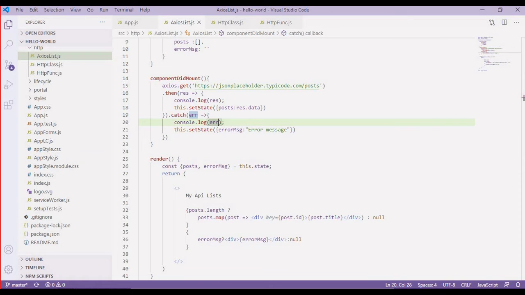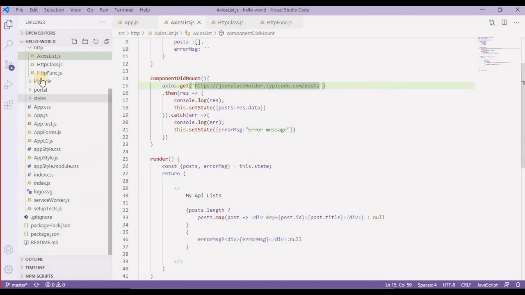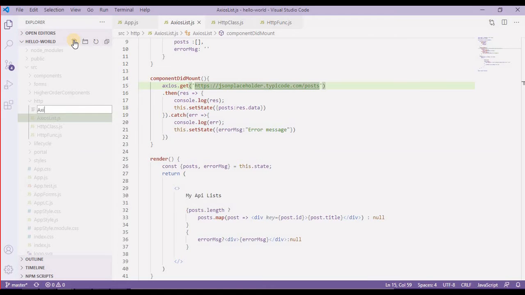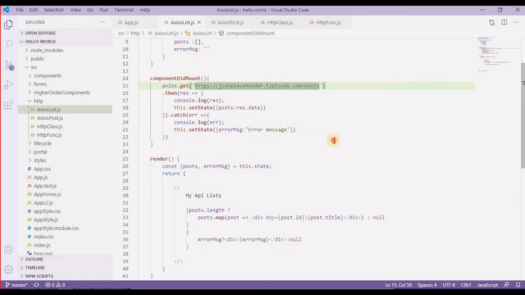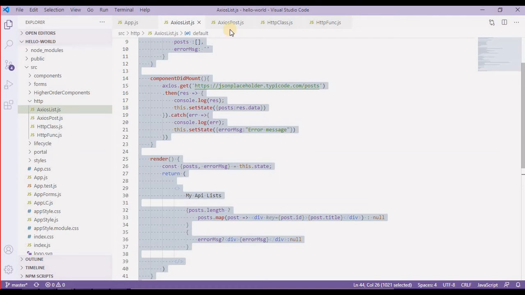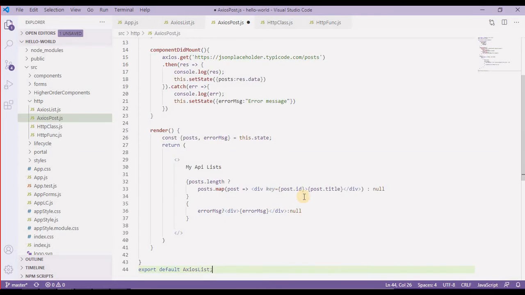Now we should post one item to our API. For that I'm going to create another file over here, and the name should be AxiosPost.js. It is again going to be a class component and almost similar to this Axios list, so I'll copy all this stuff from here and paste it over here.